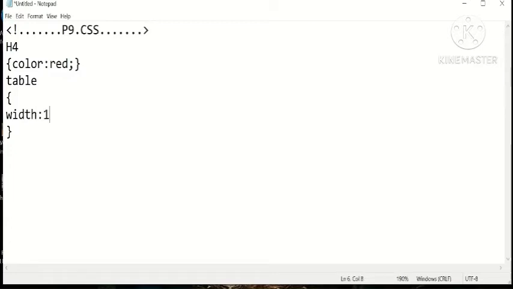Since this program is going to consist of tables which will have strength and weakness of the person, we need to specify the attributes of table.